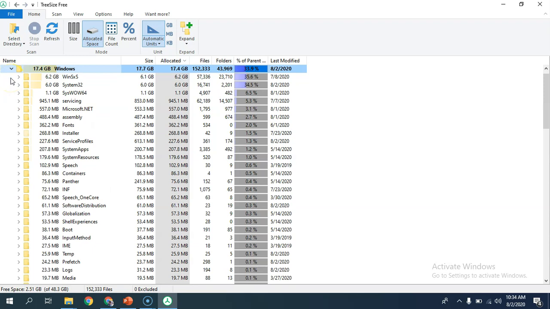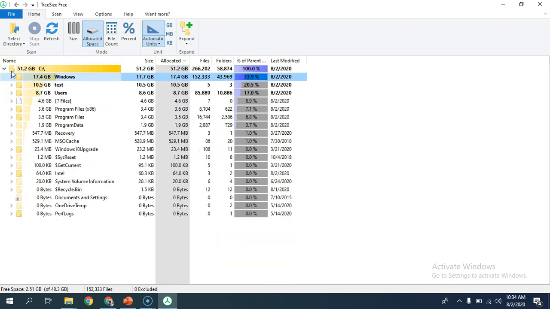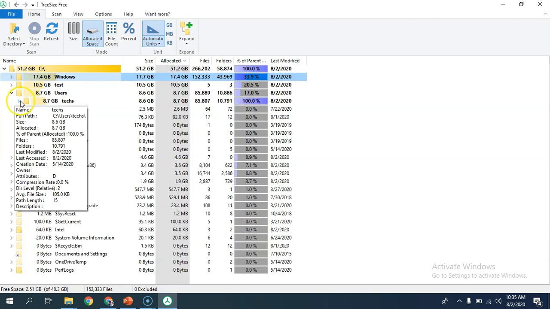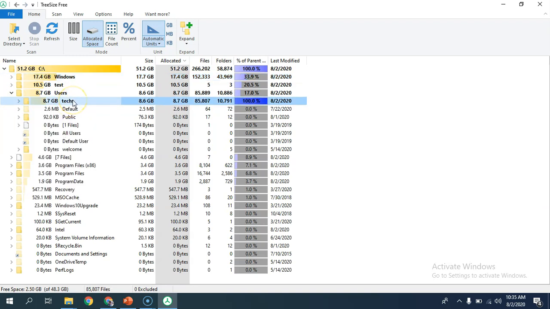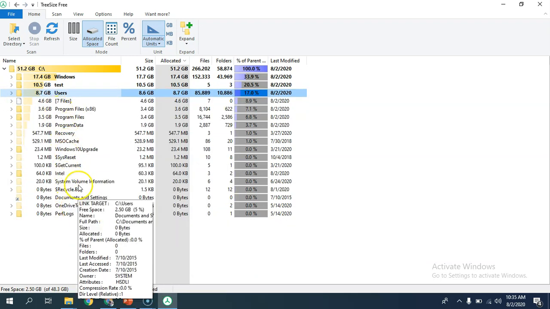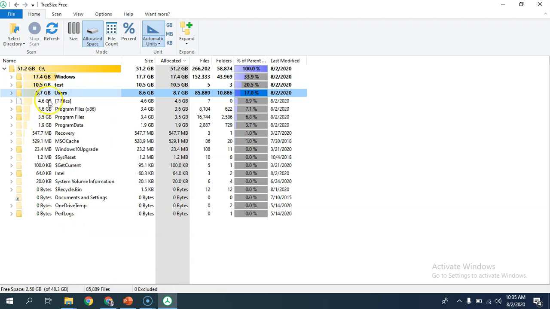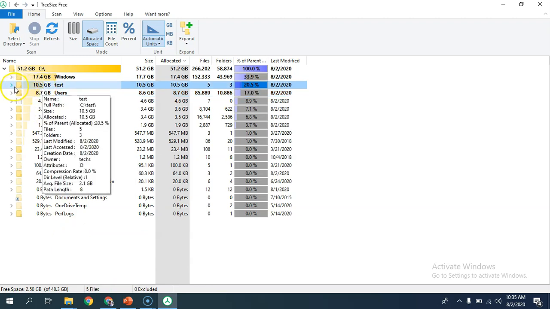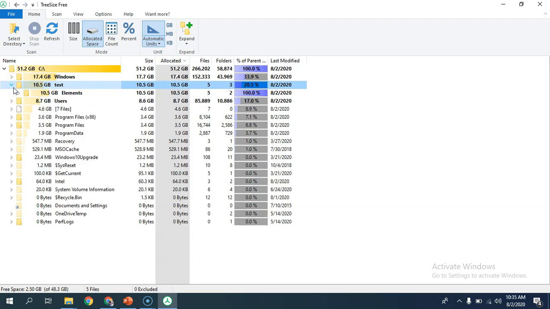Most of the files in Windows are ones I cannot afford to delete, so I'll leave this. Then the Users folder, okay, so I know these are files I have kept and they are very important for me, so I cannot delete them. So I'll leave this also. The rest of the folders are consuming very little space, so those can be ignored. This Test folder sounds fishy. Why is it taking 10.5 GB in such a small drive?